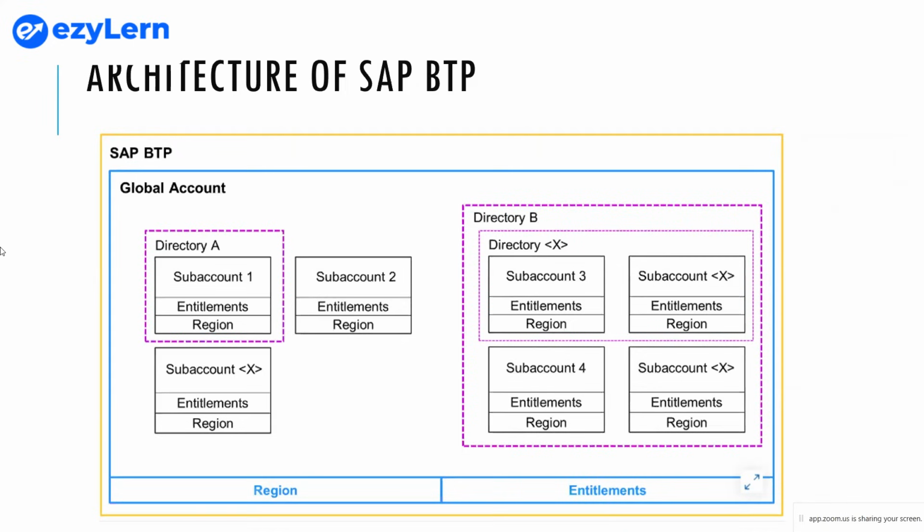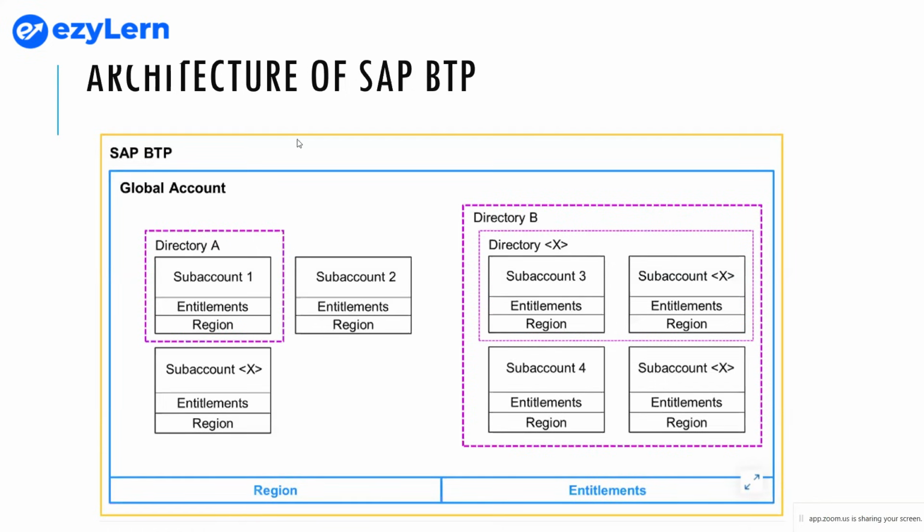Now, architecture of SAP BTP. Here you see this is the entire BTP platform, the orange line, and then you see the global account. What is the global account? It is an account used for managing your directories, sub accounts, members, entitlements and quotas. You receive your entitlements and quotas to use platform resources as per the global account, and then you distribute those entitlements and quotas to your sub accounts for consumption.